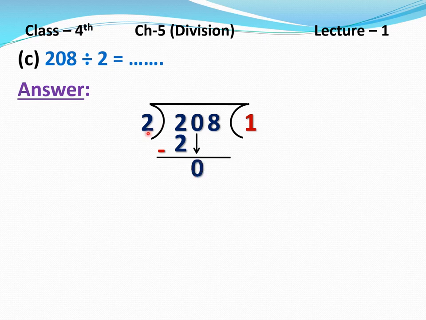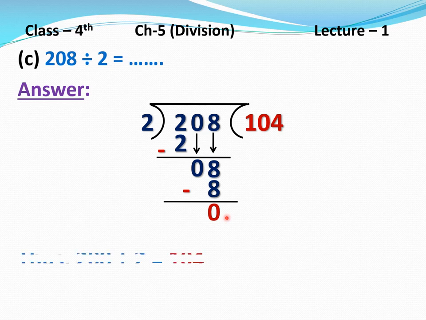Okay. Now take the next number, that is 0. But 0 is less than 2. So we will take one more number. Okay. So write down 8. But you will write 0 here also in the quotient. Now multiply this 2 by a number so that it is equal to 8 or less than 8. That should not be greater than 8. See, 2 fours are 8. So write down 4 here and write down 8 here. Now subtract this. 8 minus 8, 0. Write 0 here. Quotient is 104 and remainder is 0. So write down, thus 208 divided by 2 equals 104. 104 is the answer.